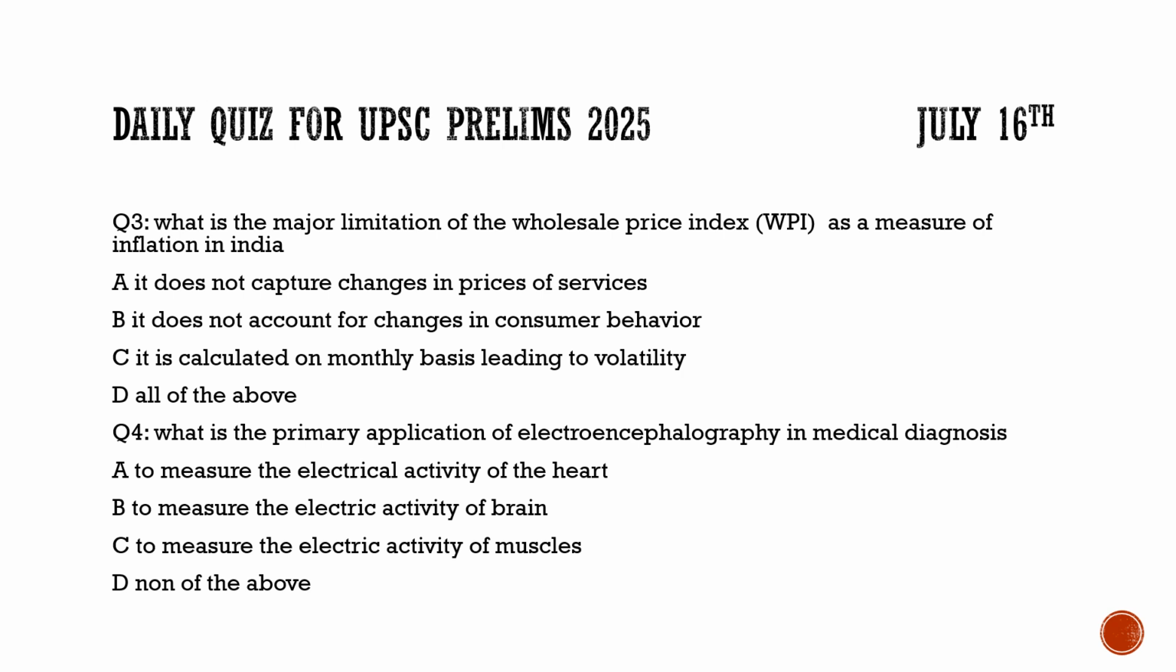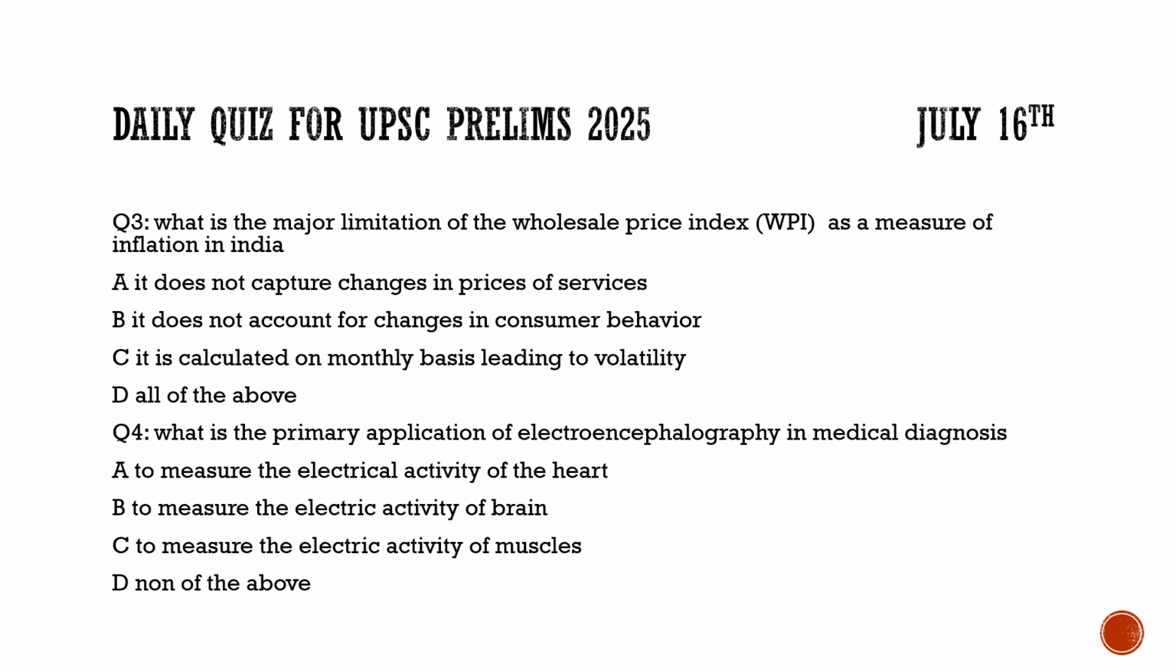We saw who was the person who conducted it back in 1924. He was Hans Berger. So about this, let's see what the question asks. It asks the primary application of electroencephalography. Is it to measure the electrical activity of the heart? No. Is it to measure the electric activity of muscles? Not at all. Is it to measure the electric activity of brain? 100% it is option B, the correct option for the EEG, which is the primary application of electroencephalography